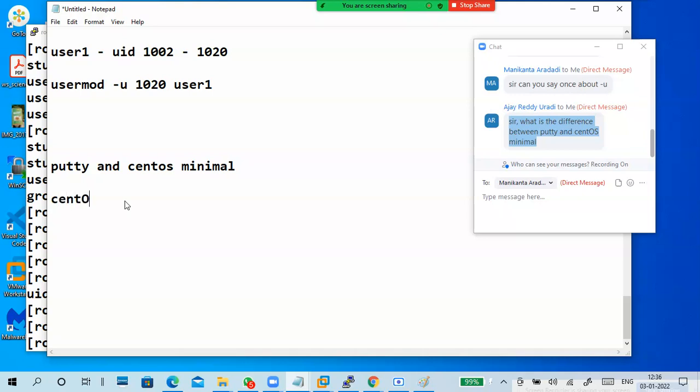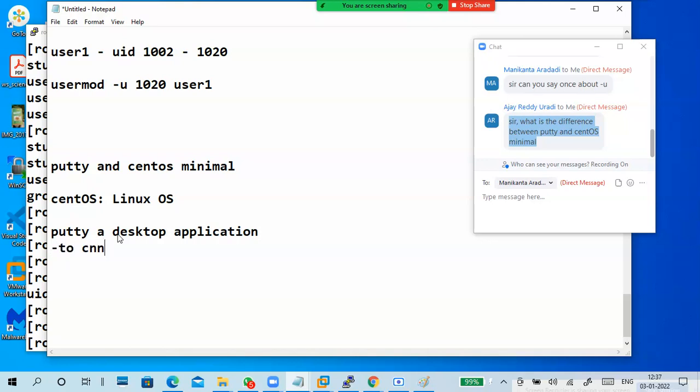So very simple. Stand on your statement. What you know, stand on it. CentOS is an operating system, a Linux operating system. Putty is a desktop application. What is the purpose of Putty?